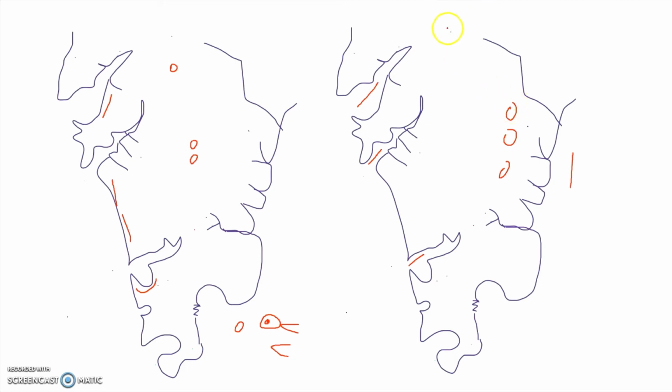Rivers, from Dahisar river, Poisar river, Oshiwara river, Mithi River. Done. Then beaches. Marve Beach, Versova Beach, Juhu Beach, Dadar Chowpatty,